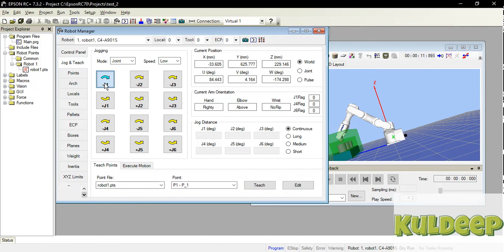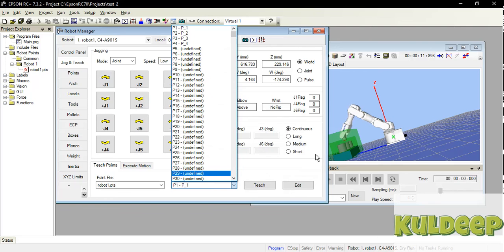Similarly, now to teach point 2. Sorry, I teach P1.